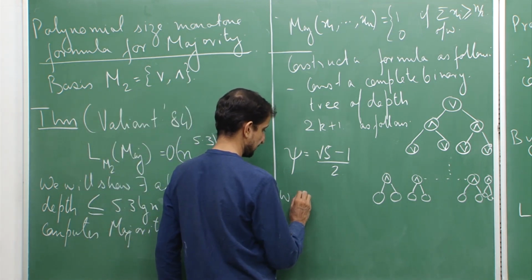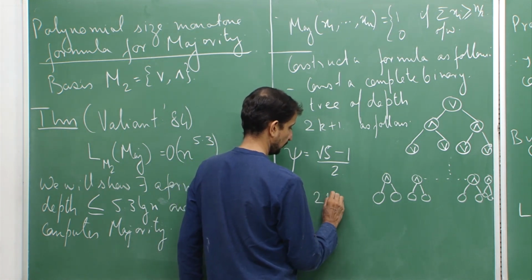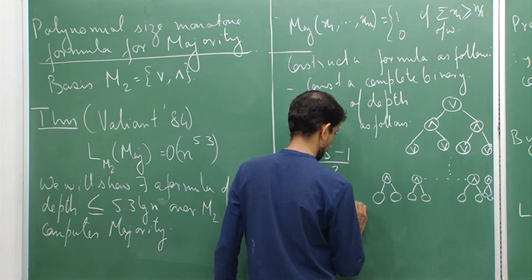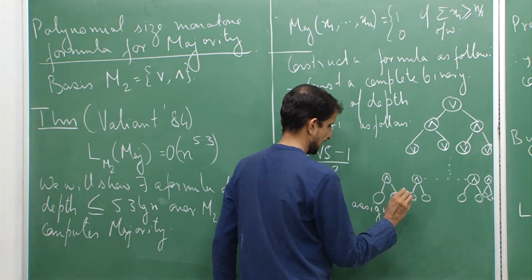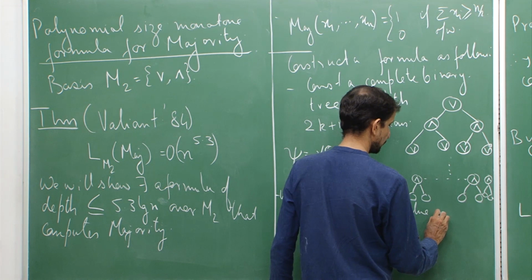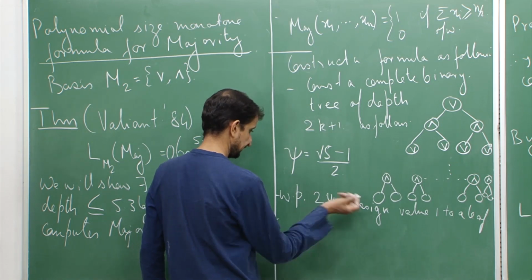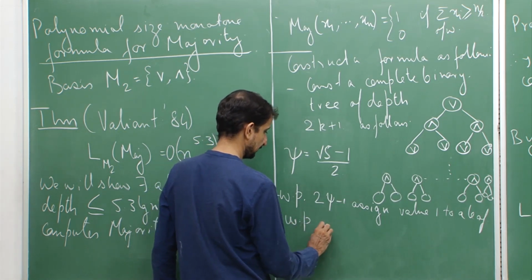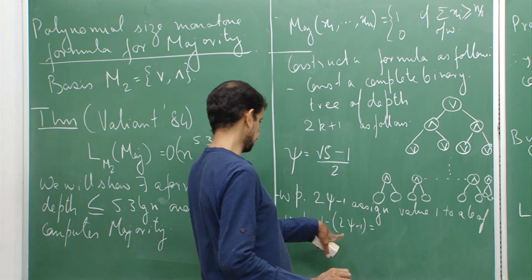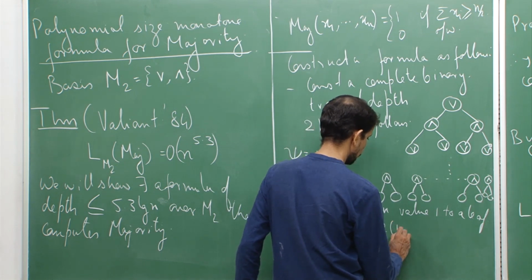So, with probability 2 psi minus 1, assign value 1 to a leaf, and with the remaining probability, that is, 1 minus (2 psi minus 1), which is nothing but 2 minus 2 psi, which is equal to 2(1 minus psi),